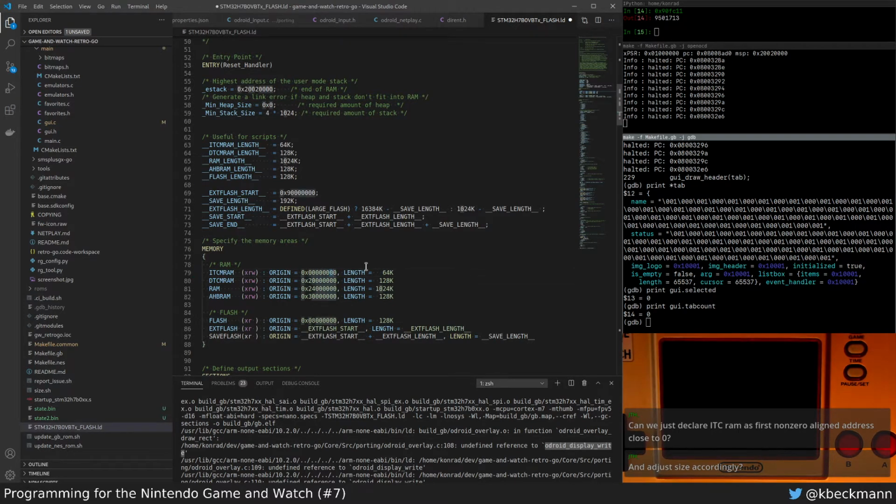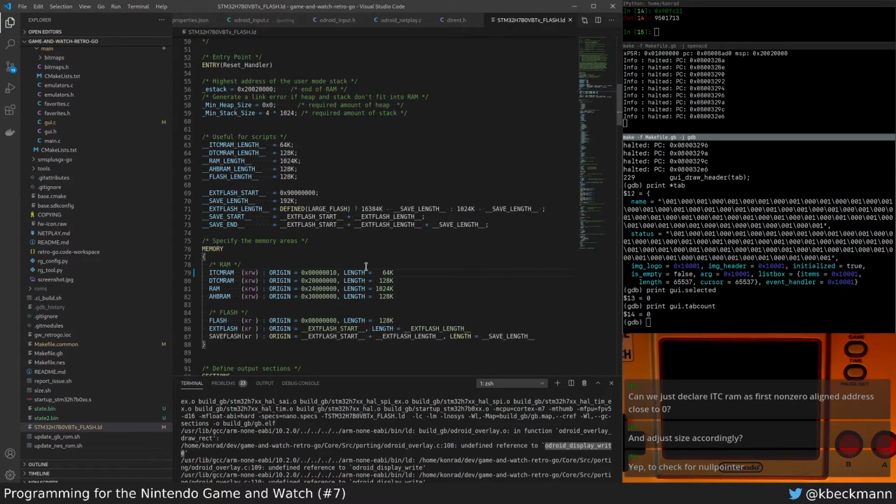Let's do that, but it will not really be the magic bullet. It will help. I don't know how much we want to waste. How much is 0x100? That's 256 bytes. Yeah, I think we can manage with that. So let's do that, and then we can